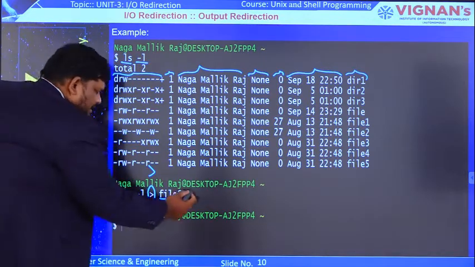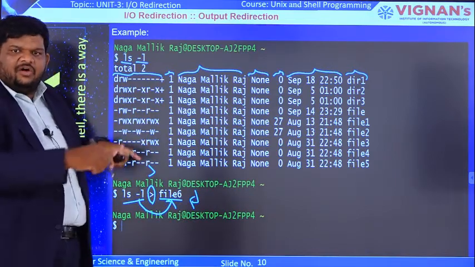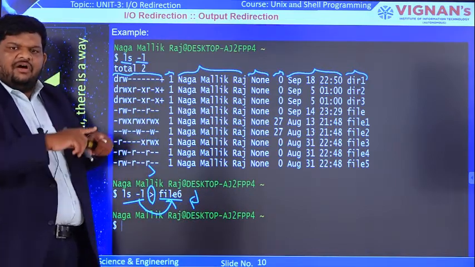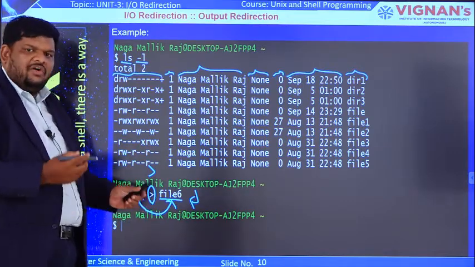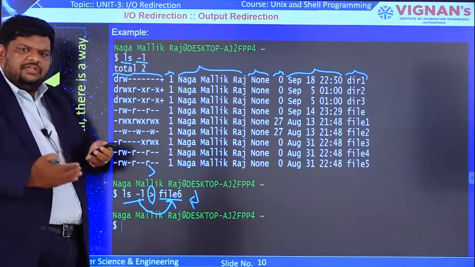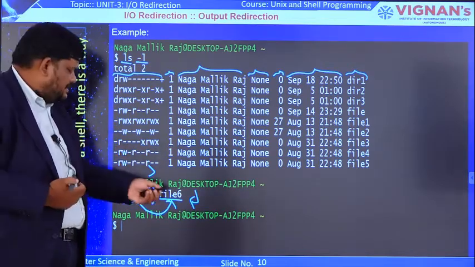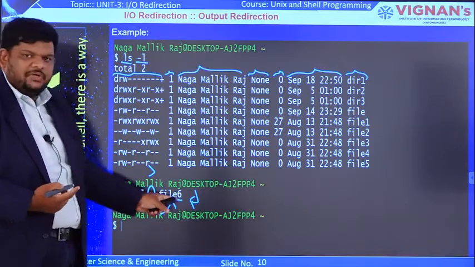That's why after pressing enter the output was not displayed on the monitor, the standard output device. With output redirection, we already redirected the output into the file named file 6, so the output will be present in file 6.